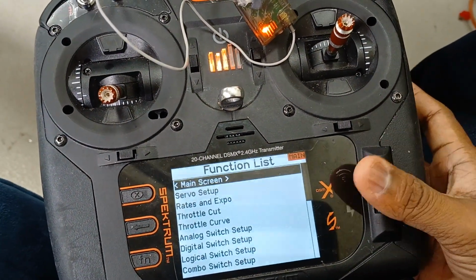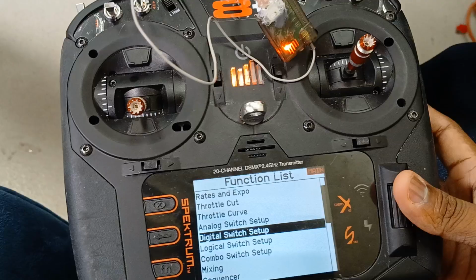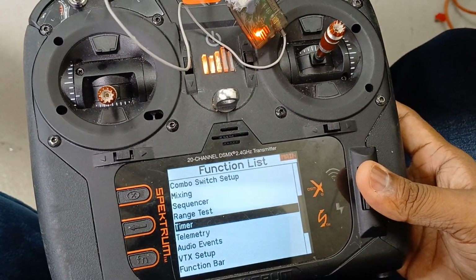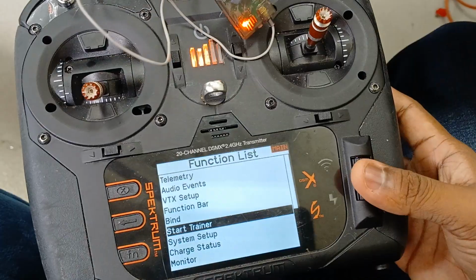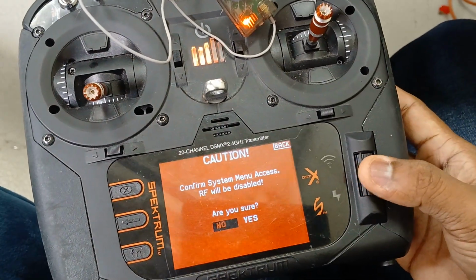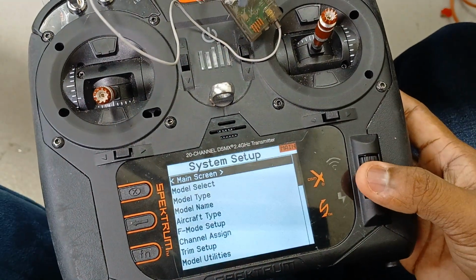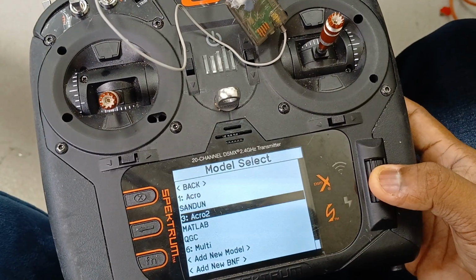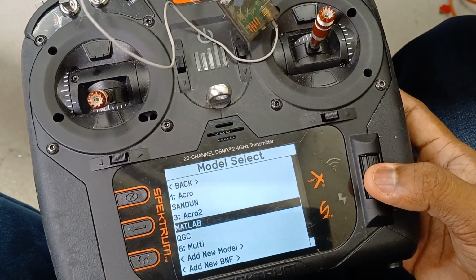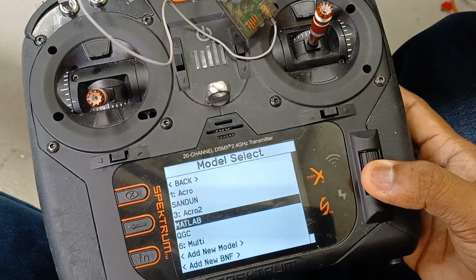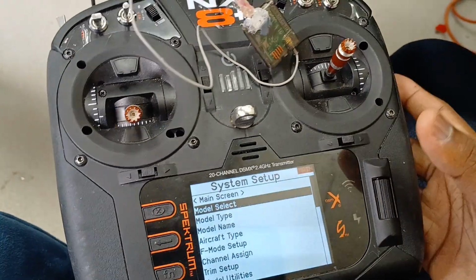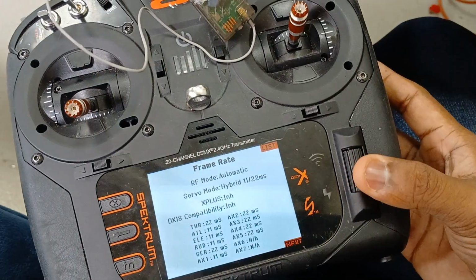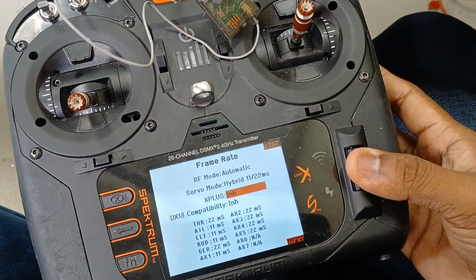But if you really need to bind the receiver to another profile or another model, what you can do is go to system setup and let's disable this one. Then you can select the model, right? Let's say first it was on Sandun. Let's say put MATLAB, right? So the change that you need to do is in the frame rate, and you go to this thing